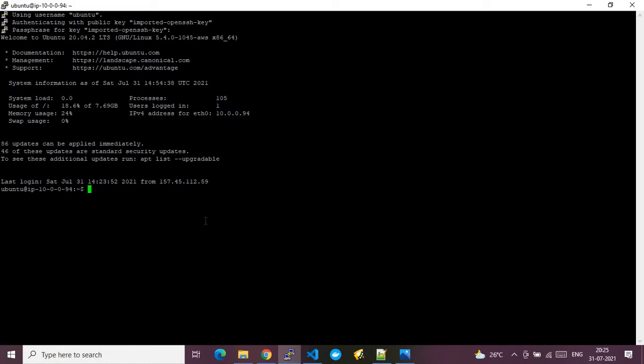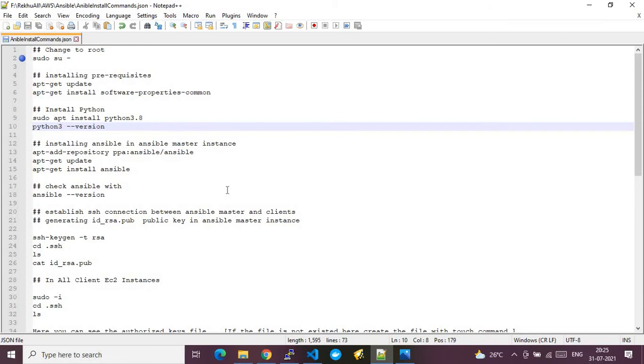Now let me clear the screen. I have documented the required steps for this demo in this JSON file. I will be sharing this file in the GitHub repo, and the link will be in the video's description. These documents clearly list the steps you need to follow for this demo.